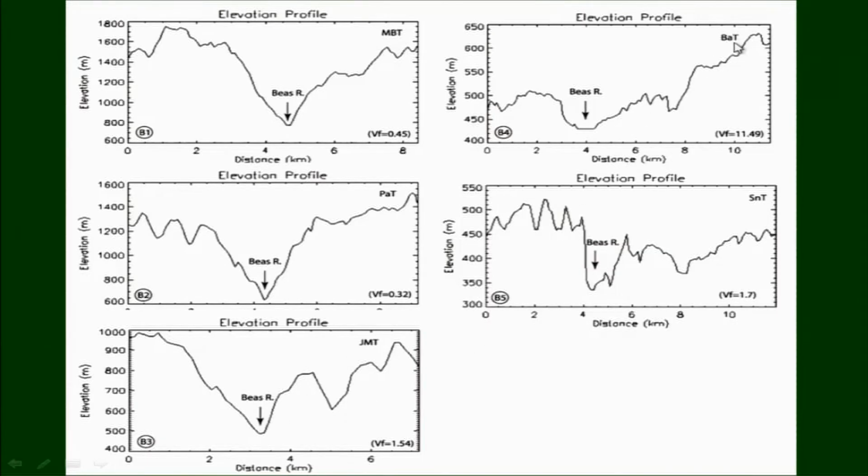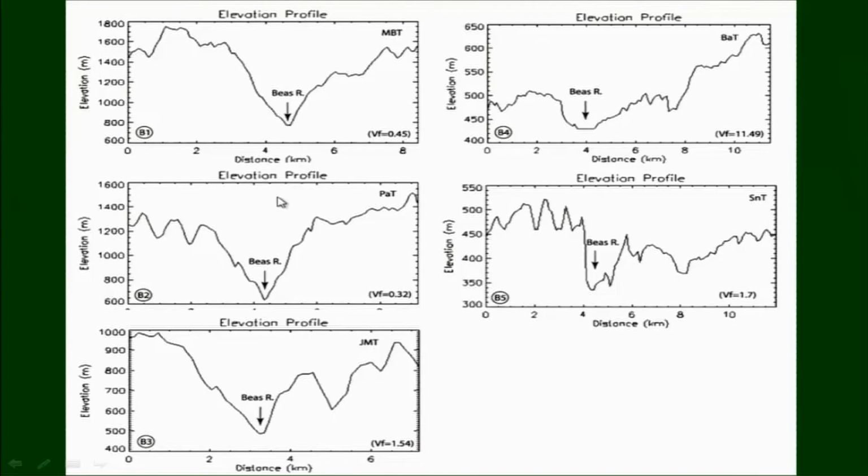However, the river flowing across the Barsar thrust shows a broader valley, and the Soan thrust is also comparatively broader. Because we have the right bank, the left bank, the elevation of the channel floor and the width of the channel floor,